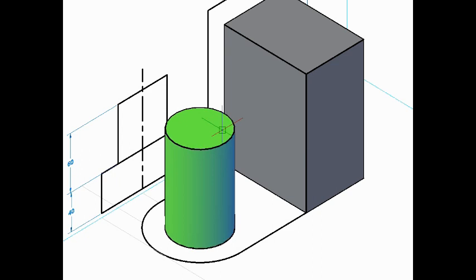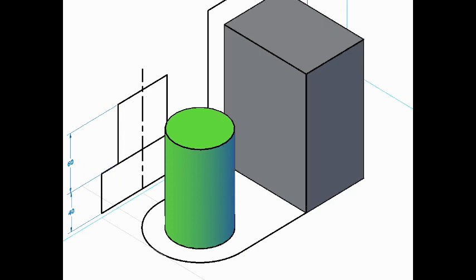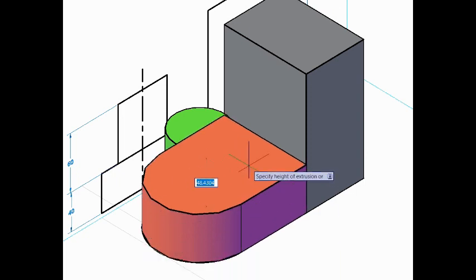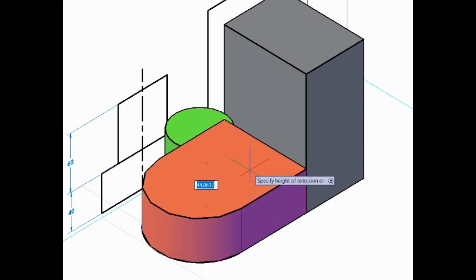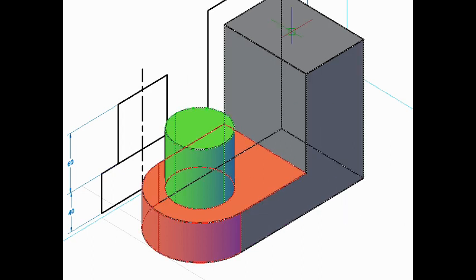And lastly this one, the lower plate, I will use yet another color here and try to pull this thing in upward direction. Okay, so this is the thing and I'm pulling it in. And the distance which is seen in the front view is 40. So this way these three parts are there. Actually these three parts are not separate things. This is one thing only. So let us try to see this thing from front, top and side views.